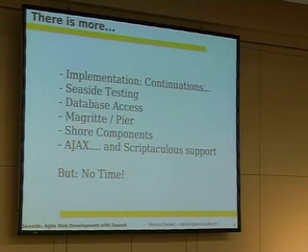Okay, so if I look at the time, I think there is not too much that I can show besides that. I did not show too much, so there is a lot of really cool stuff like database access. I did not talk about anything. Seaside testing, a testing framework for testing Seaside applications. Then Magritte and Pier, very interesting. Magritte is a meta model for describing your domain objects, and then it will render automatically to Seaside. Or a component library with predefined components, and of course Ajax and Scriptaculous support is there, but we have sadly no time at all to look at